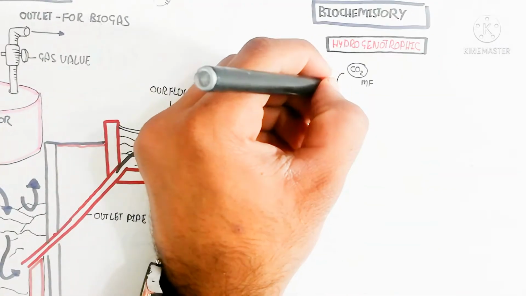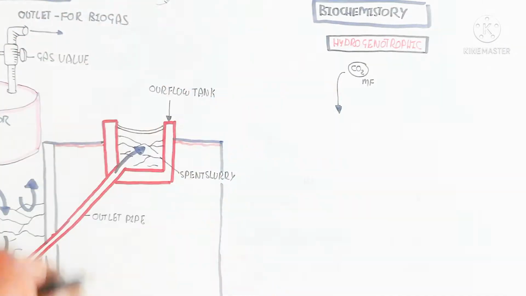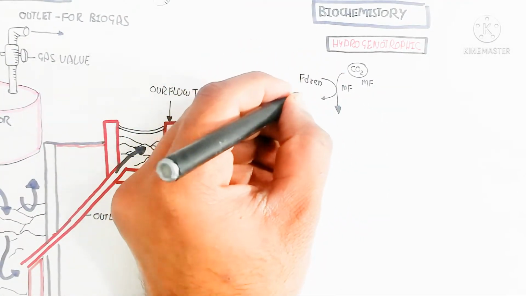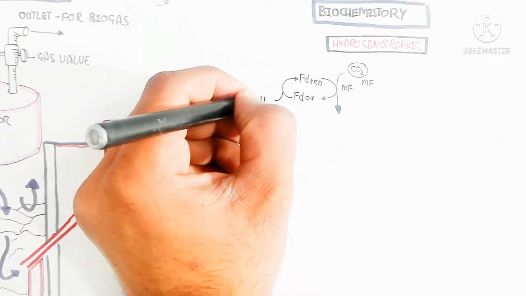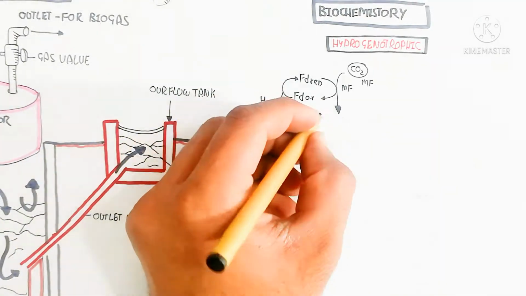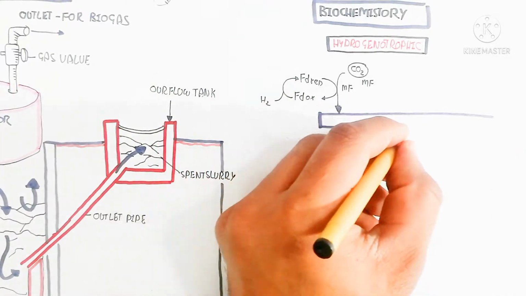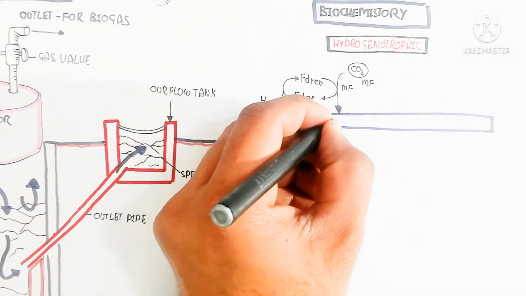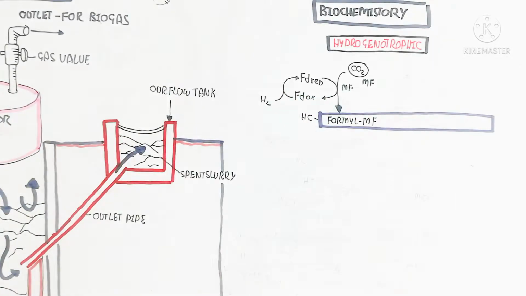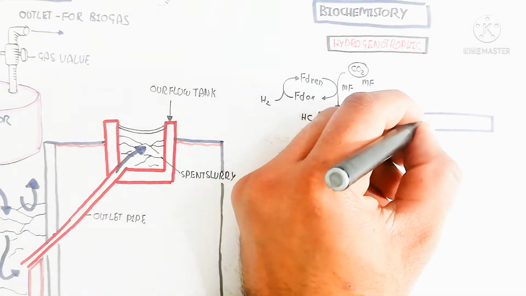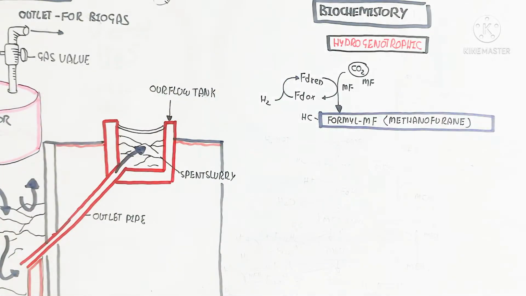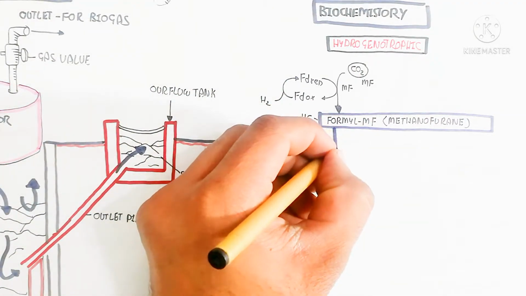So the hydrogenotrophic bacteria will fix the hydrogen, and the hydrogen comes from hydrogen which is released, synthesized from other bacteria. And here the methanofuran binds with the carbon dioxide, and after this binding the ferredoxin